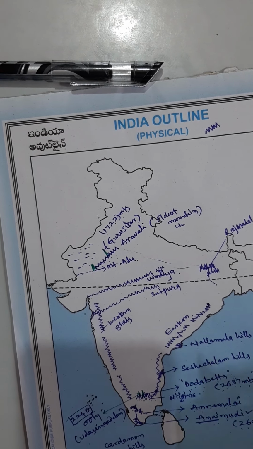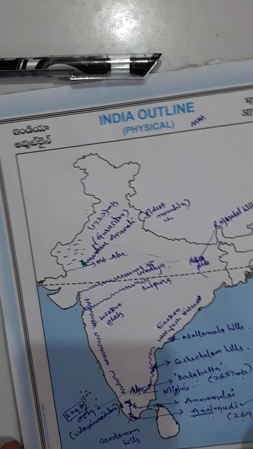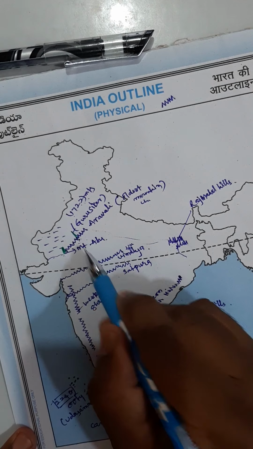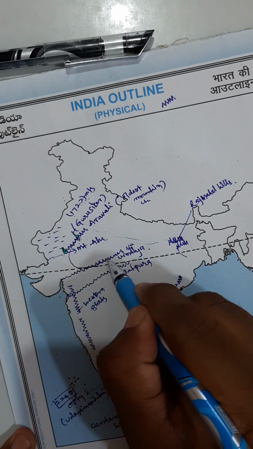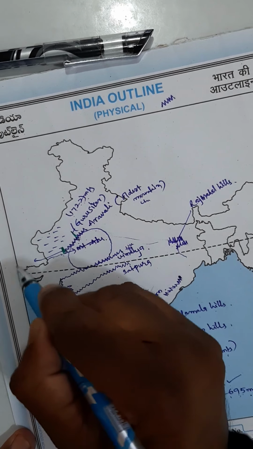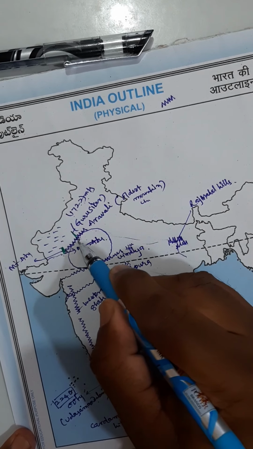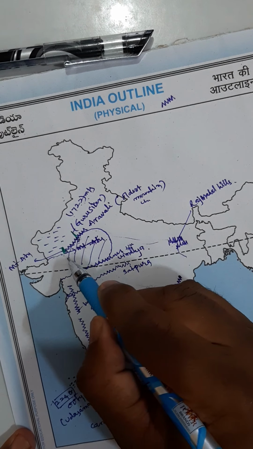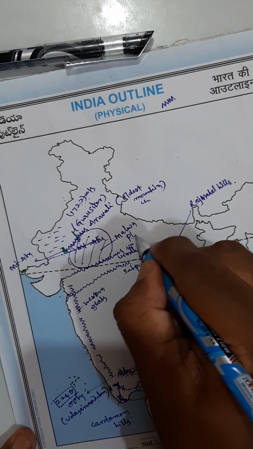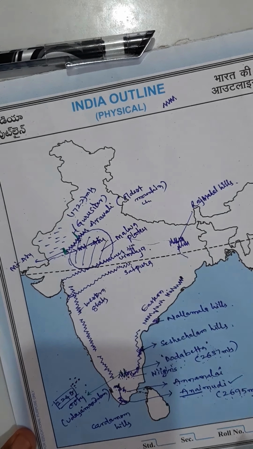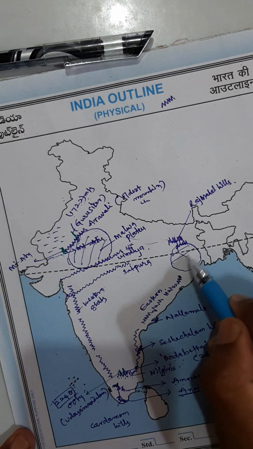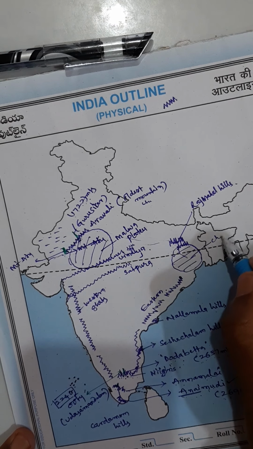So now the plateau is divided into different zones. In between Aravali and Vindhya, if you mark it like this, not Mount Abu, you write somewhere here, Mount Abu. But this area, of course it's a plateau only, but this is called Malwa Plateau. And here this is the area you can call the same plateau as Chota Nagpur